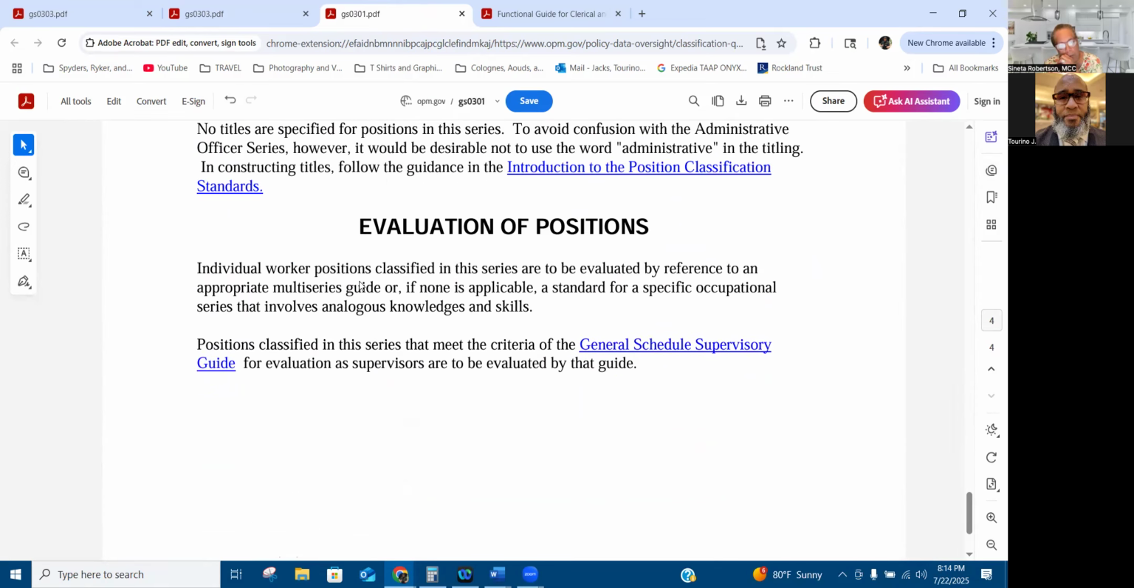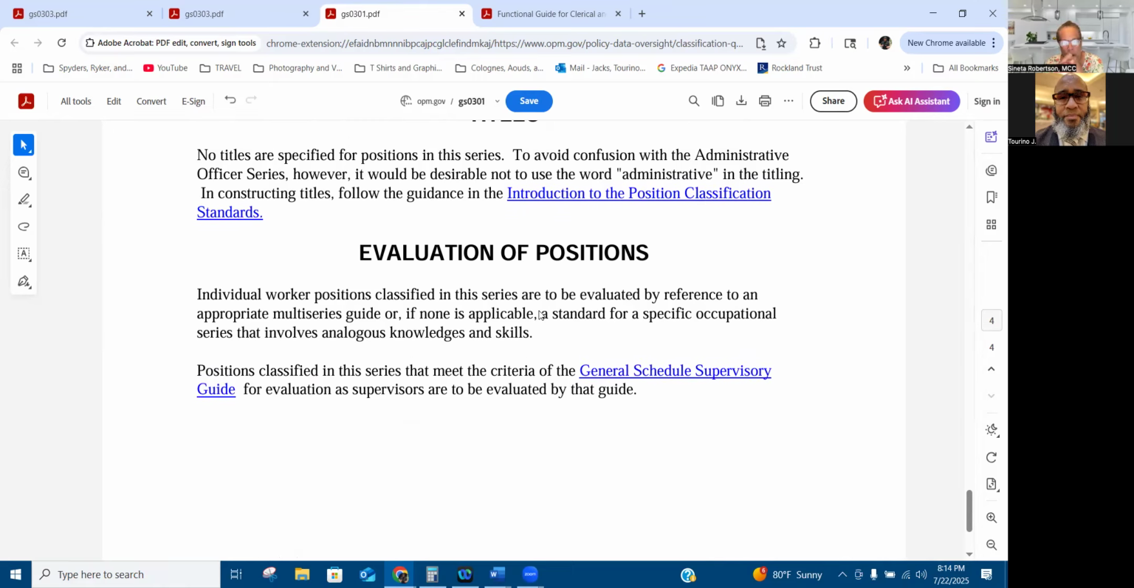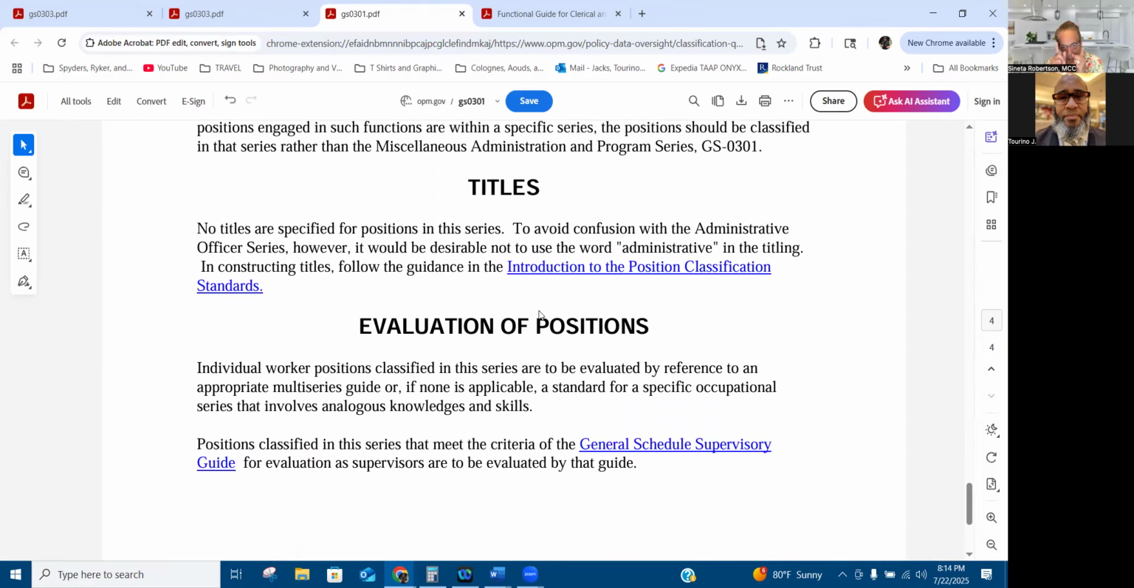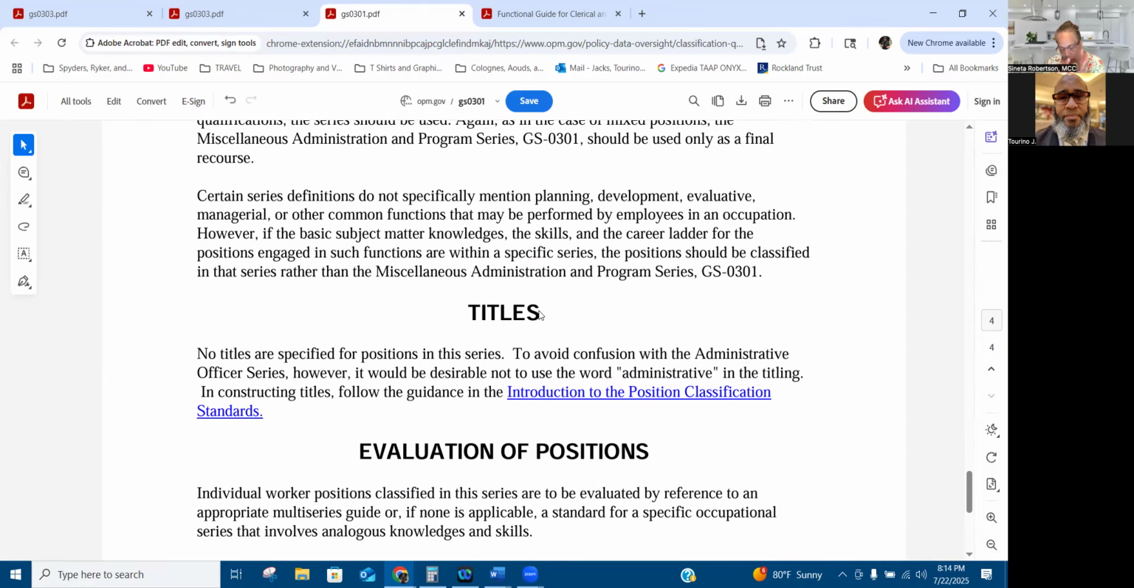It tells you individual workers classified in the series will be evaluated by a reference to an appropriate multi-series guide, or if none is applicable, a standard for a specific occupational series that involves analogous, comparable knowledge and skill. So if you go back to the functional guide tab at the top, where it's the three tabs, the overview tab, the series tab, and then the functional guide tab,